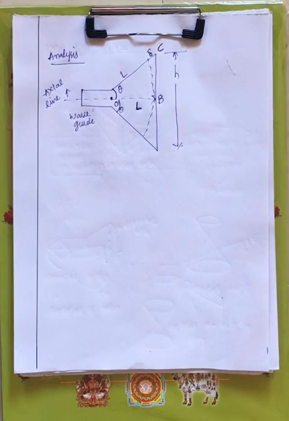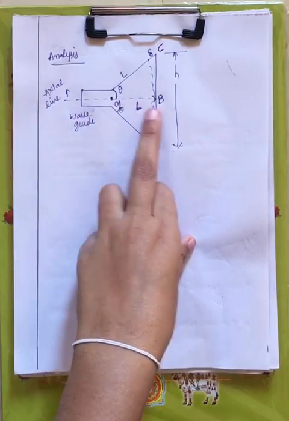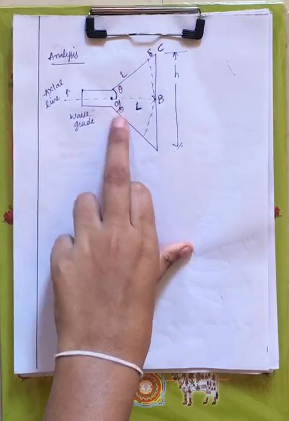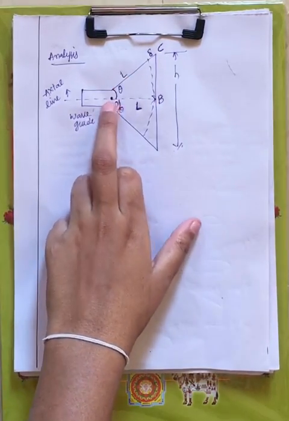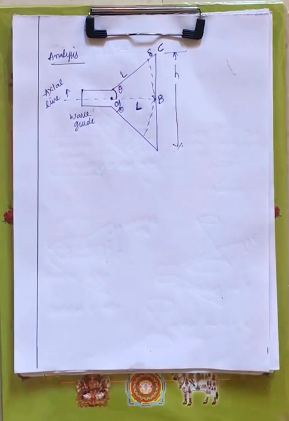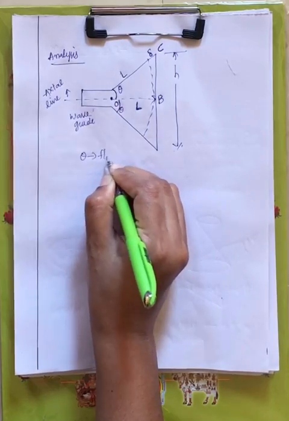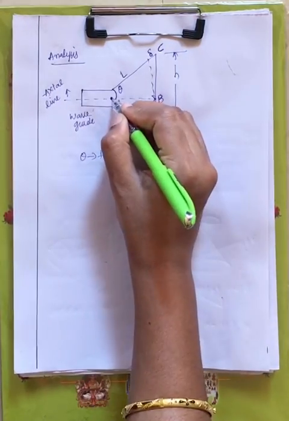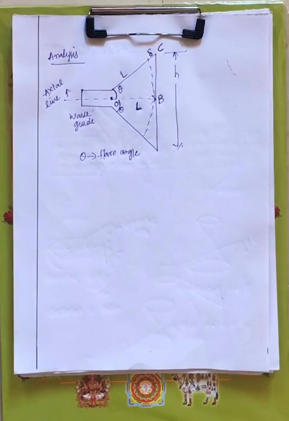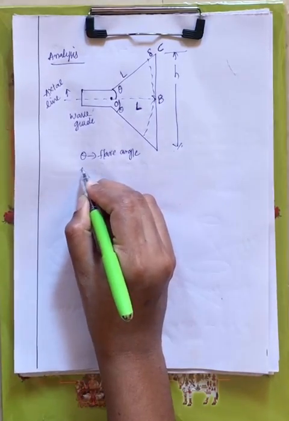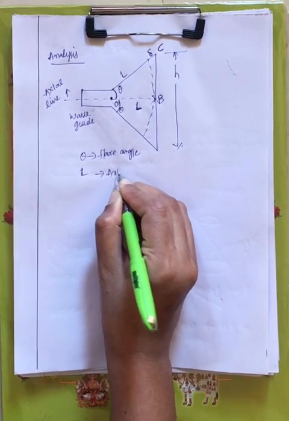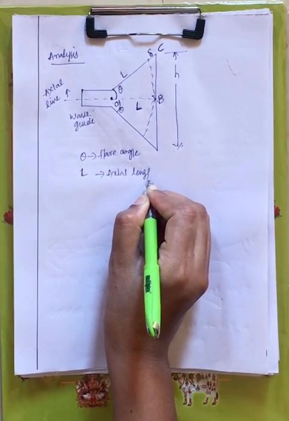Now we have to analyze this with respect to the center line. This is the center line or the axial line. The point where it starts is denoted by O, and this inclination is theta. Theta is the flare angle. At this point the flaring starts. Flaring is nothing but wide opening, and that is the flare angle. Now L is the distance from O to the end, that we call the axial length.